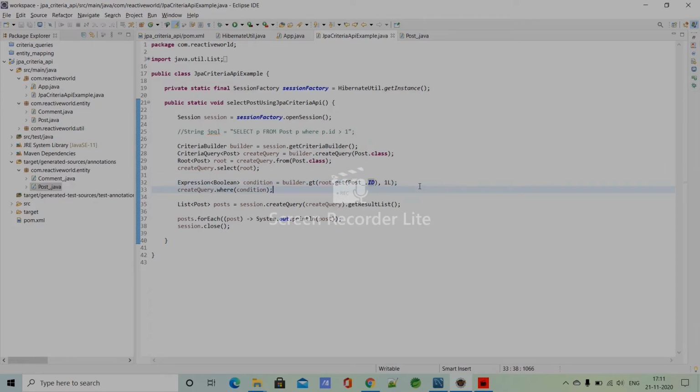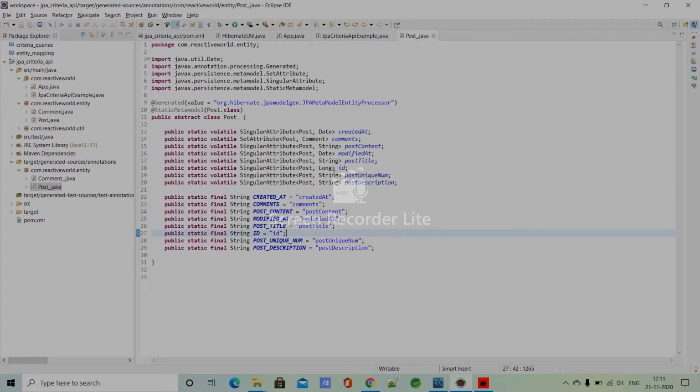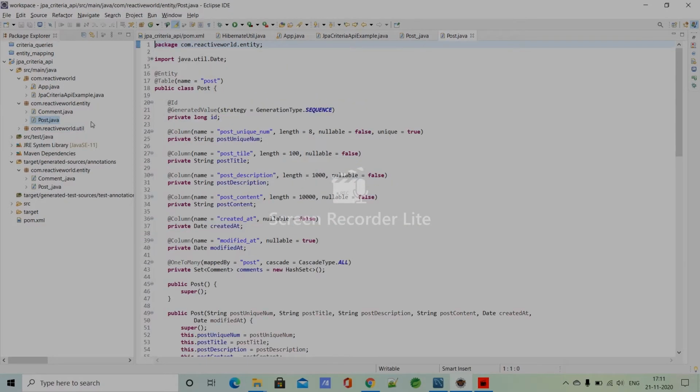We will also see another use of it, like in your project lifecycle somebody changed the variable name in the entity. Let's take an example: in future if somebody changed the id to postId. Okay, so remove these errors also.